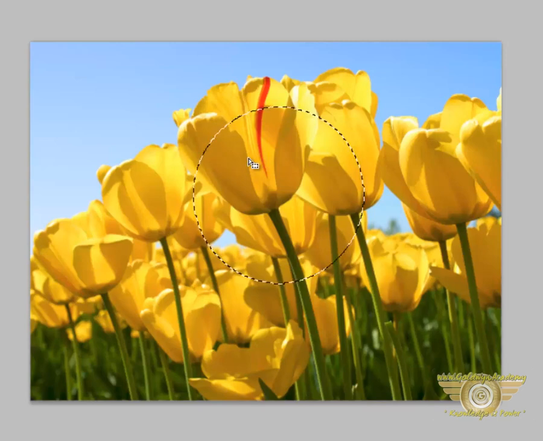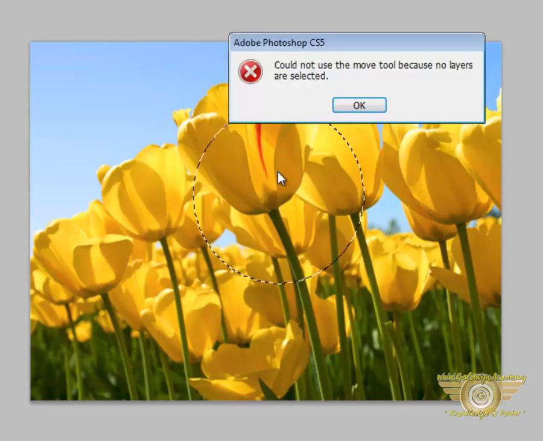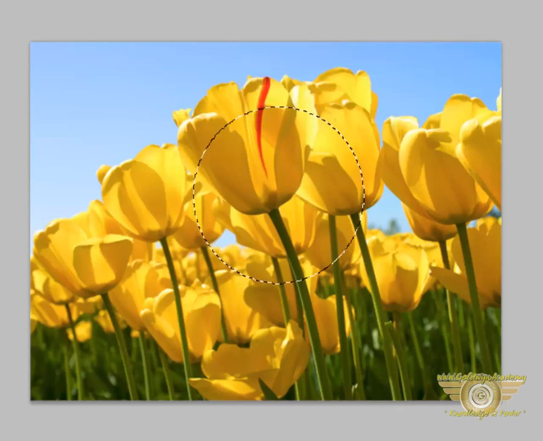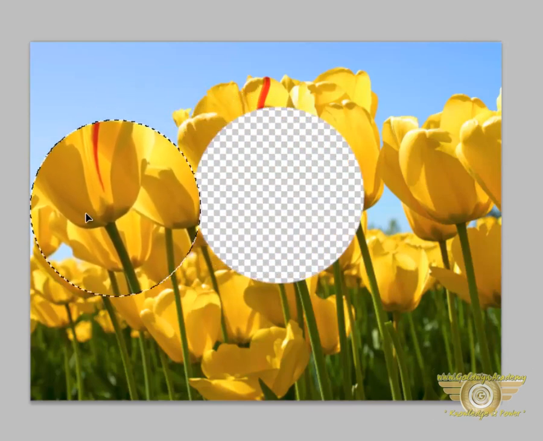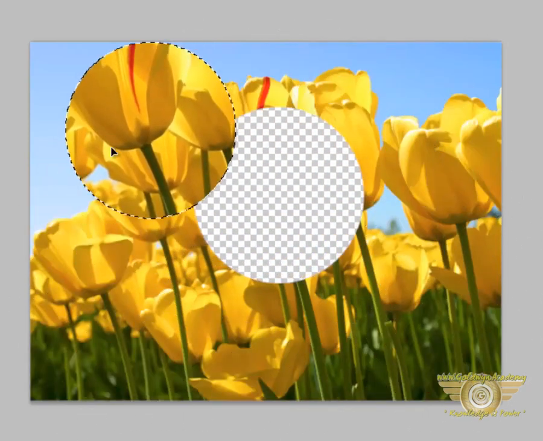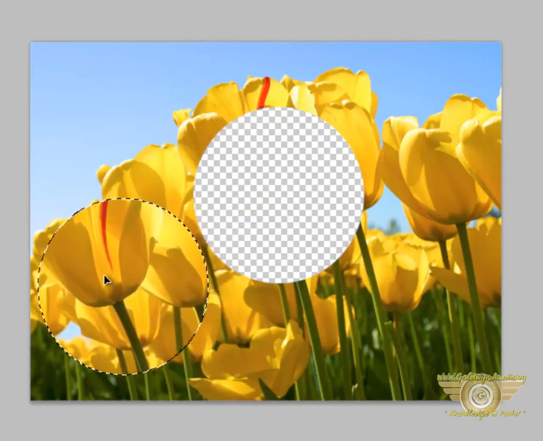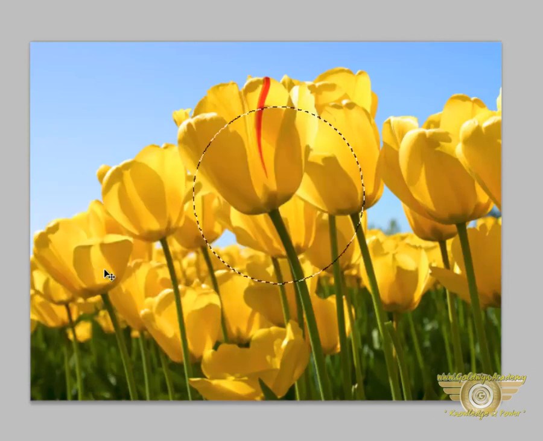For example, first let us select the move tool. We can left click, first select the layer, left click inside the selection, and you can move your mouse to cut and move that particular selected area. Pressing Ctrl+Z,